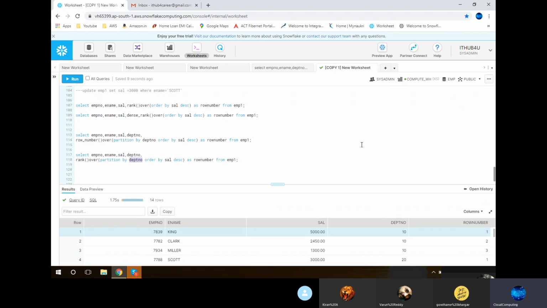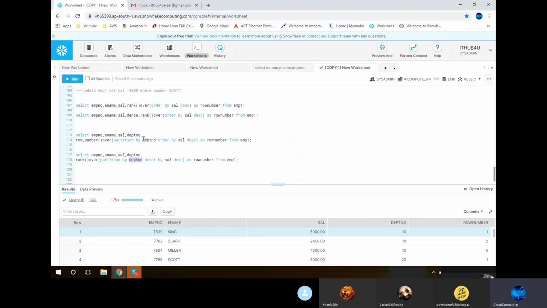Yesterday we saw the example of rank and dense rank. But if today you are not able to see the same result, it's not a code mistake. We are making the partition by department number, which means two people may have the same salary but belong to different departments. For example, one employee's salary is 3,000 rupees and he belongs to department 10. Another employee's salary is also 3,000, but he belongs to department 20.